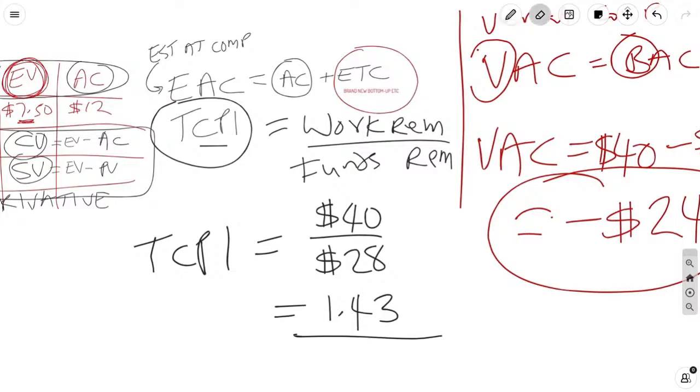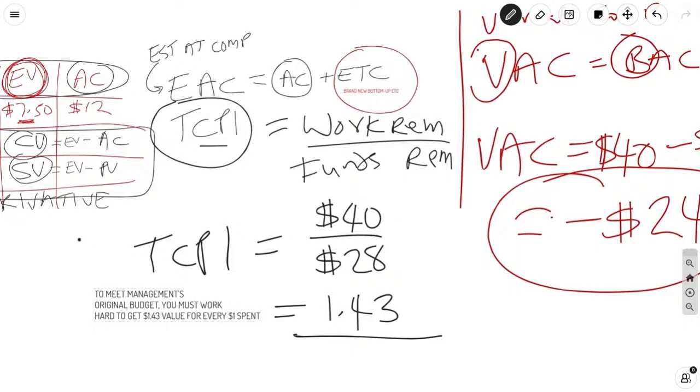This means for every dollar you spend, the dollar sign actually cancels, but the mindset, when you get a 1.43, the logic is for every dollar you spend, if you want to meet original budget, you've got to get $1.43 of work done for every dollar you spend to meet management's original budget. You must work hard to get $1.43 value for every dollar spent.